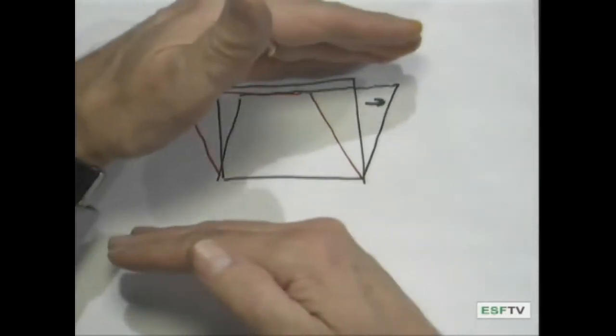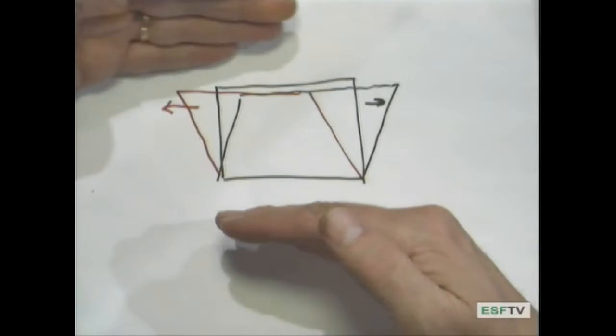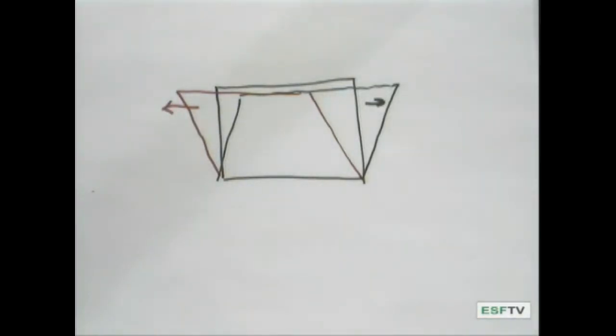If you move these two elements back and forth with respect to one another, that's what gives you the change of shape, and that is a shear type movement that is deforming this. Now, when you look at the behavior of fluids, this tendency to shear is an extremely important aspect of how